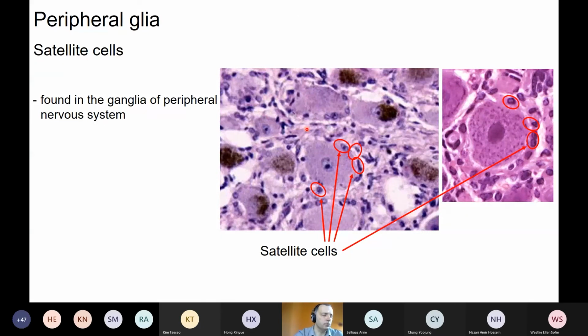This week you will review the histology of the peripheral nervous system, and the ganglion slides will come up, and there you will see the satellite cells around the big neurons. They are responsible for the nutrition and the support of the neurons, and they also contain glial fibrillary acidic protein, which helps